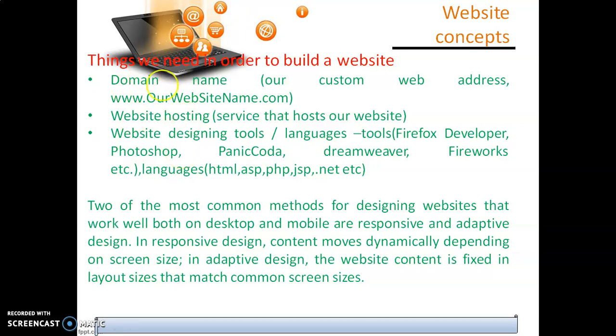Now website designing tools. Friends, this is an important aspect because how a website will look depends on the website designing tools. There are certain tools such as Firefox Developer, Photoshop, Panic Coda, Dreamweaver, Fireworks. Now there are certain languages, yes, programming languages. So no, these are not the programming languages. These are just the platforms to